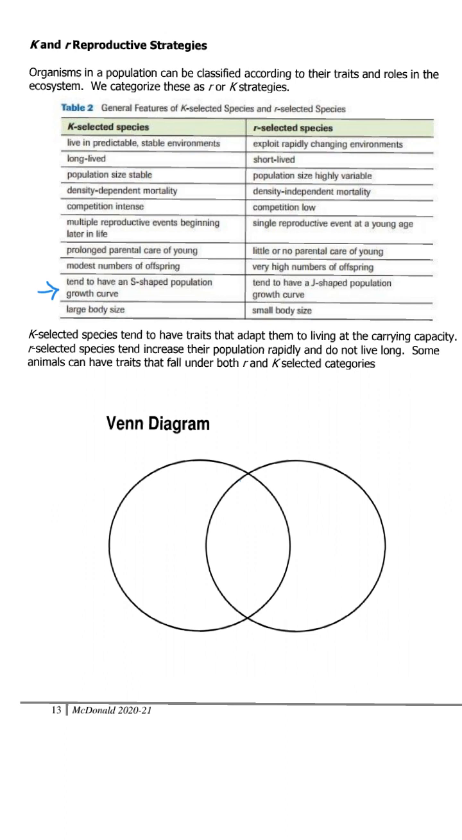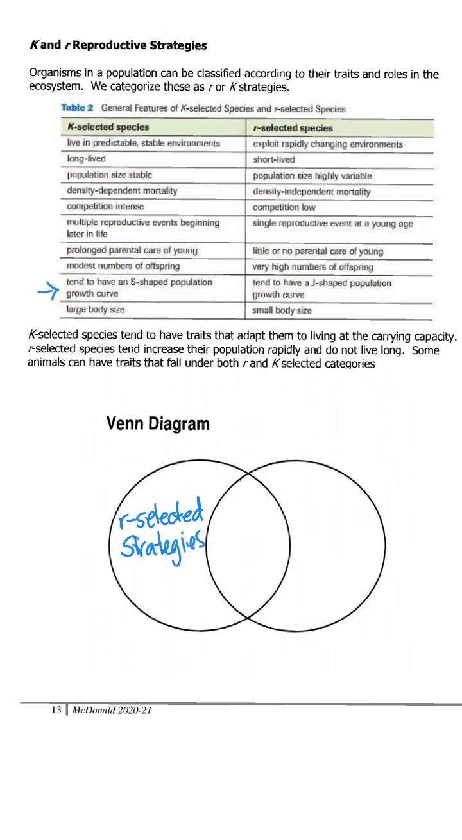With that density-independent mortality comes a really large increase in offspring, very high numbers of offspring. You tend to get J-shaped population curves with R-selected species, and they tend to be organisms that have a smaller body size. So we can use a Venn diagram to show comparisons between R-selected strategies